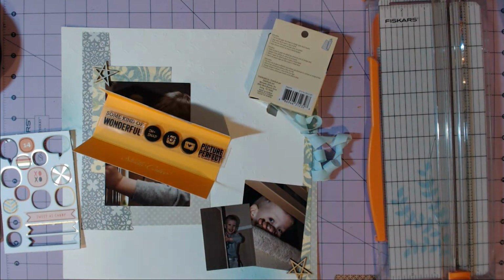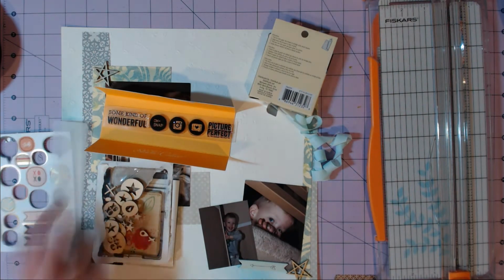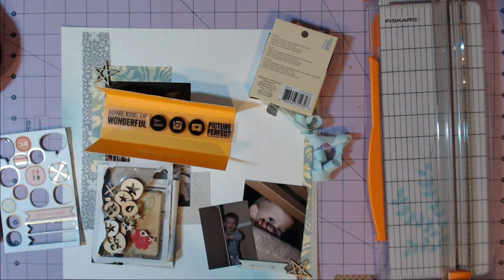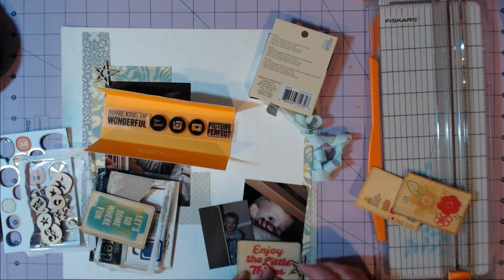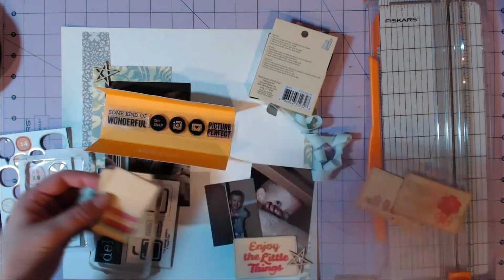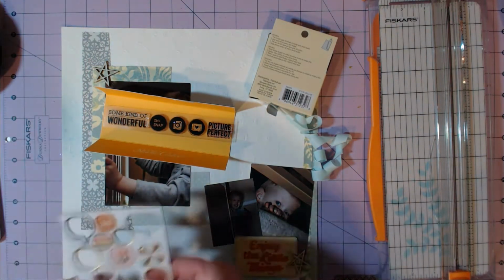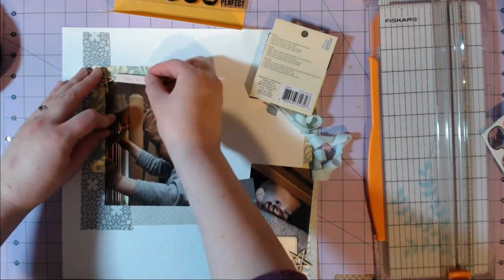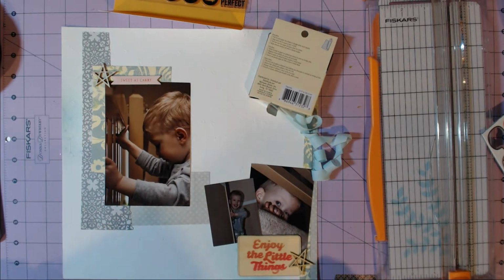I thought about doing a stamp, and then I pull out some wood veneers and the chipboard stickers that I have there on the left, and some vellum. But then I put the vellum back and I decide that I like this little wood veneer that has printing on it, and it says enjoy the little things, and it's from an Amy Tangerine wood veneer set. And then I pull out this chipboard sticker and it says sweet as candy,